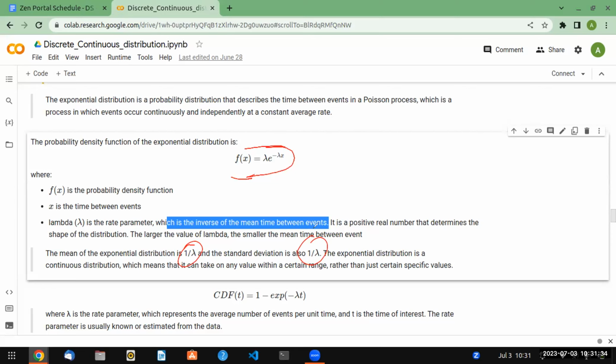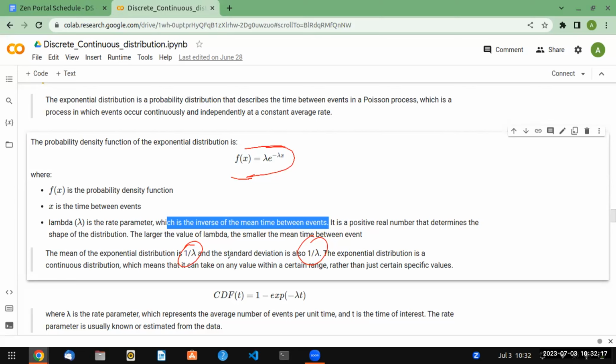Okay, so the exponential. Excuse me, sir. How do we know from the questions, or from what we are given in the data, that we are trying to calculate those things, mean and standard deviation? Here we are calculating the time and the time based events. Correct. Yeah, I got your point. So how do you need to calculate time based events? We'll see with an example. We'll solve one question, and I think you will understand it better.